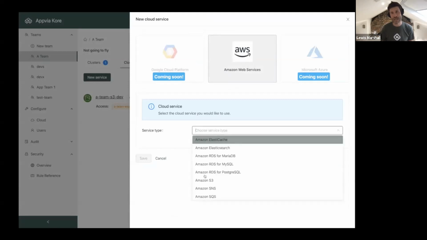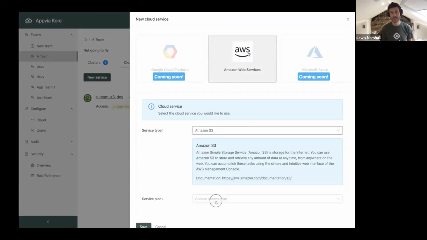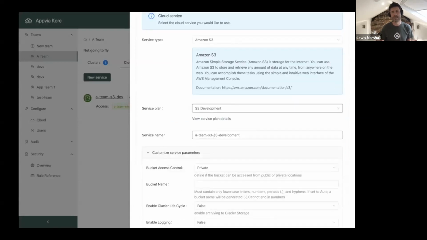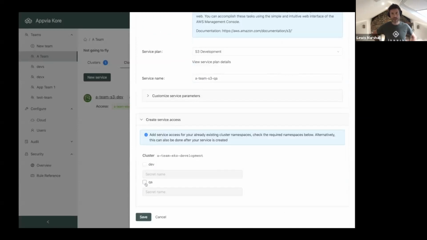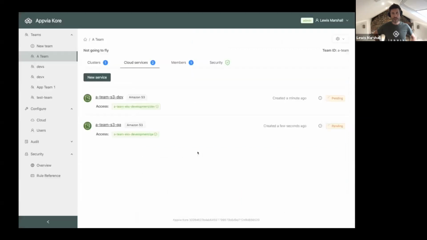In this case, we would have different S3 buckets, using a development plan for QA and development purposes, and maybe a completely different plan for production. So here we don't need to change any details, we just need to provide a plan name, and again, the shape of what that looks like for our application in Kubernetes. So those are being set up, and we've got one set up for the development.